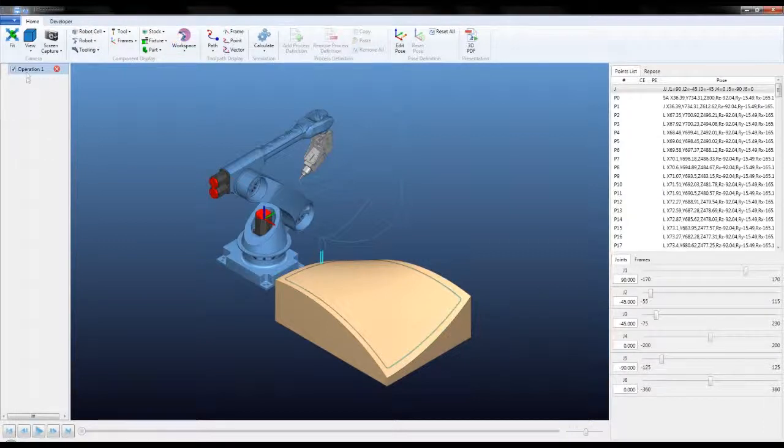If we look at operation 1, we see a red X, and the red X means there's a problem with that operation. It's not a go, it's a no-go. If we hover over it, we see a message that says out of reach 0.78. So on point 78 there is a reach issue. Now if we click on play,